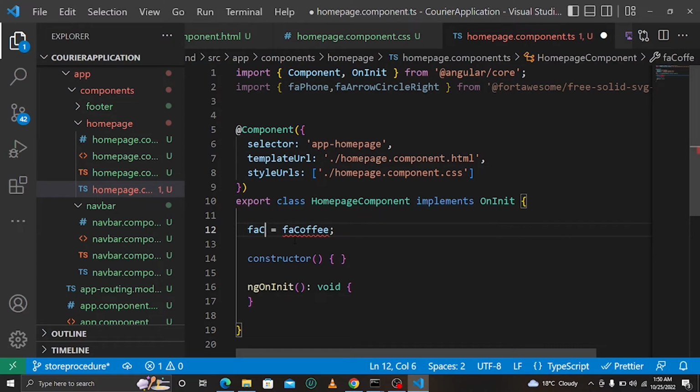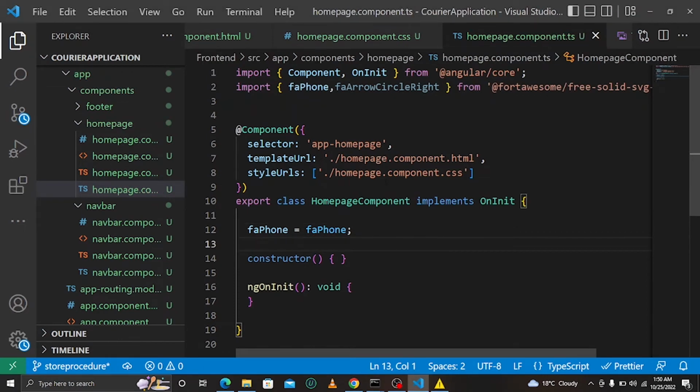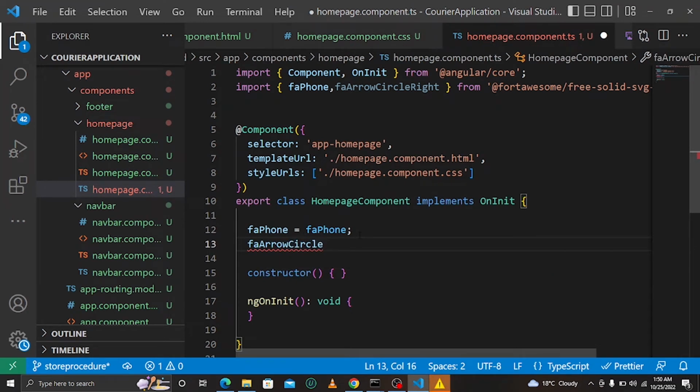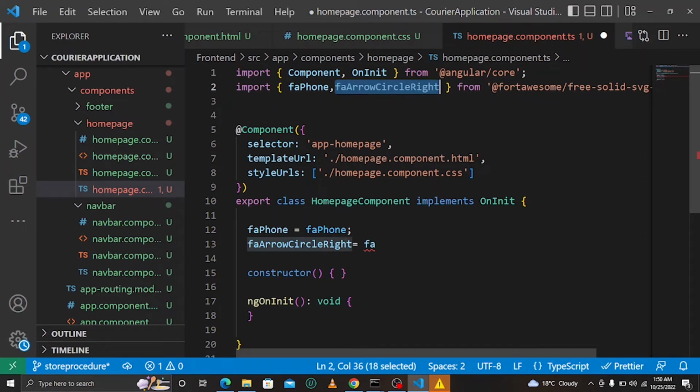So we can say phone, just like that, and then say phone, just like that, and then we can say arrow, and then circle arrow right, that is just like that, and then give it this one here. You can just copy and paste it just like that,